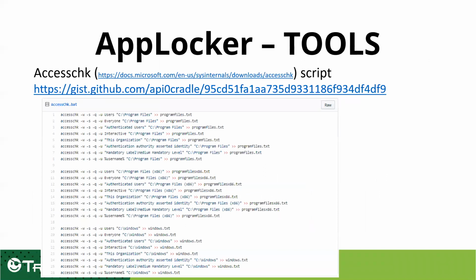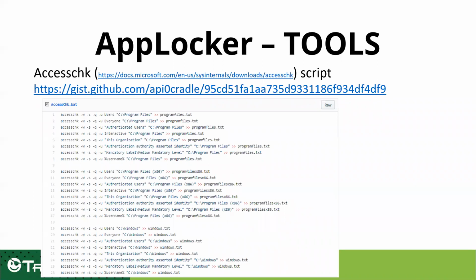In terms of finding weaknesses, there are some tools that I like to recommend. There's a tool from the SysInternals team at Microsoft called AccessChk. This binary can check for writable folders or files under a given path, and it can do recursive searches. So I have created a small batch script that I use very often for scanning the program